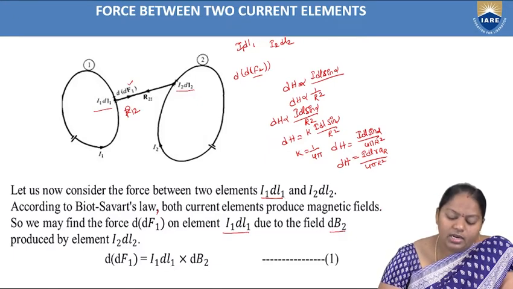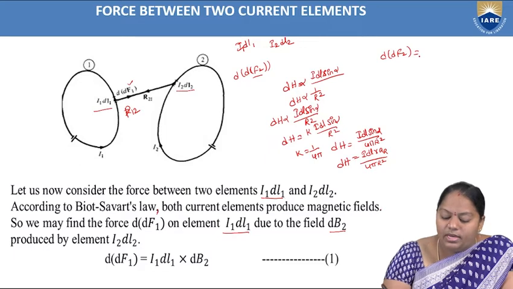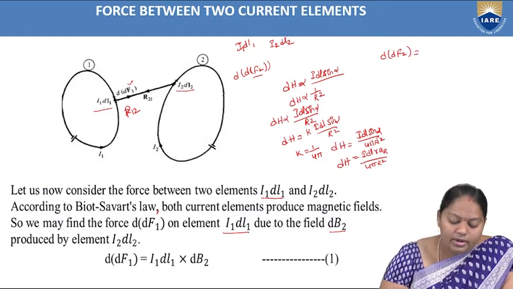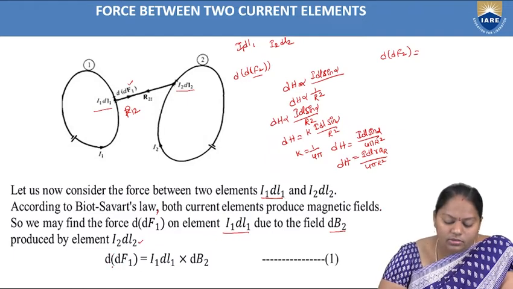Suppose if you want to find d of dF2, then this is given by the force F2 on I2 dl2 due to the magnetic field dB1 produced by the current element I1 dl1. Hence, the equation is given by